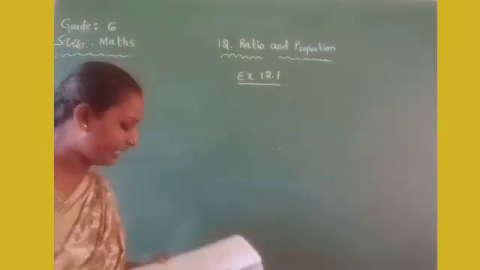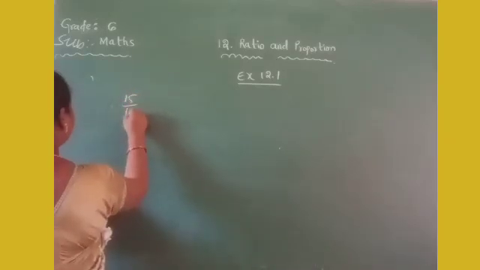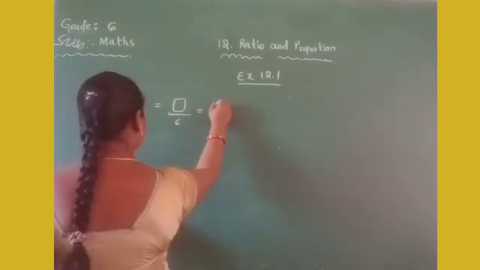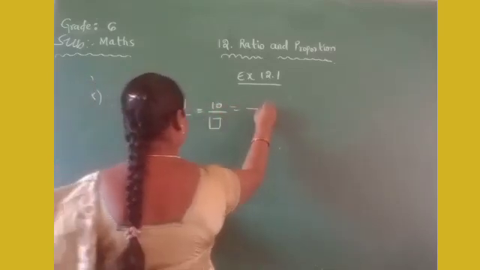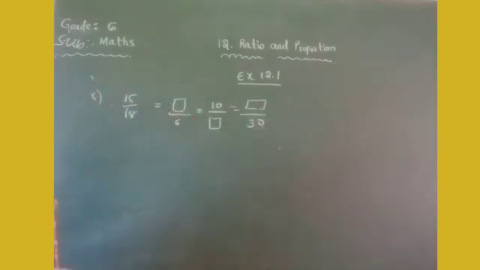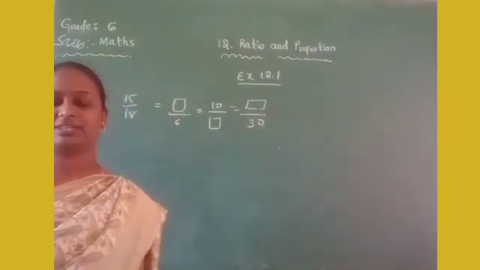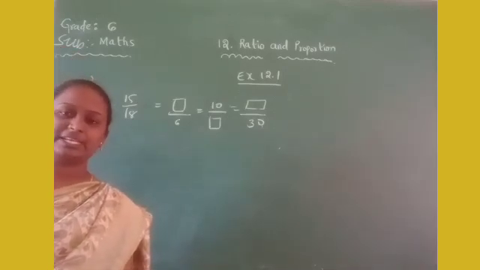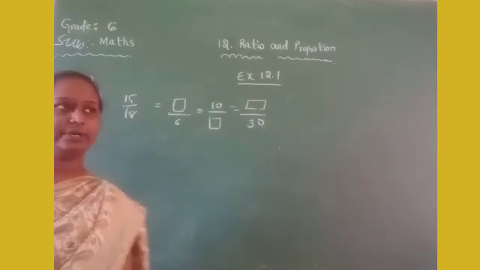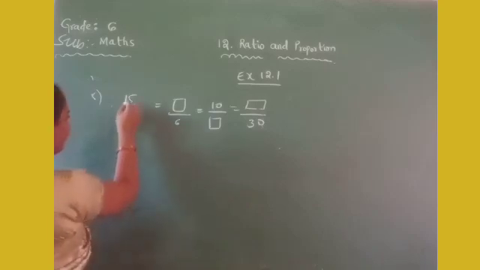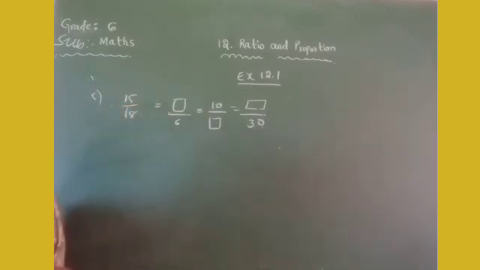See, next the fifth problem, filling the blanks. 15 by 18 is equal to a blank, next 10 by blank, and blank by 30. These are equivalent ratios. How to find an equivalent ratio? If you want to find an equivalent ratio, you have to multiply the numerator and the denominator by the same number. Here, 15 by 18. So what is the simplest form of this? If you simplify 15 by 18,